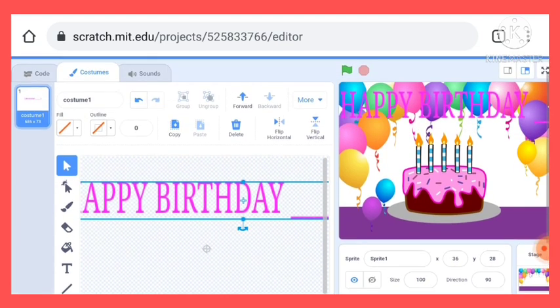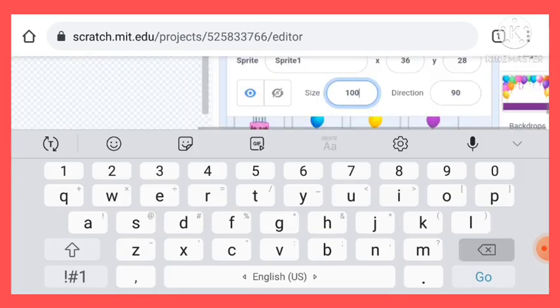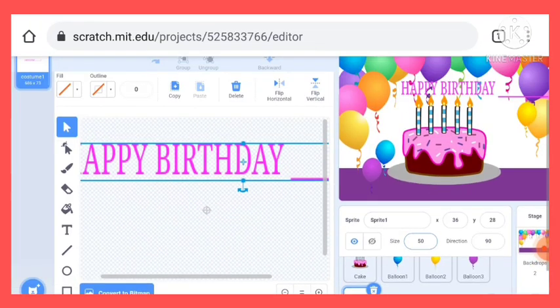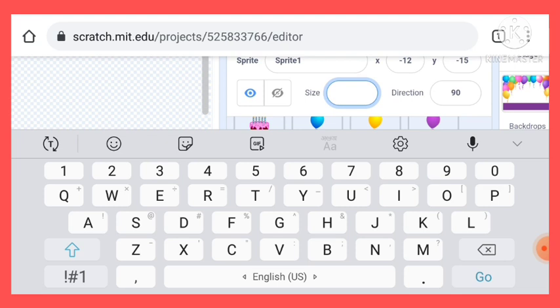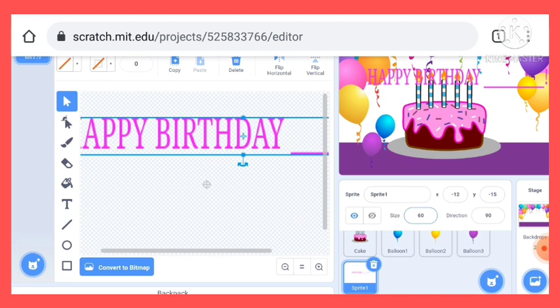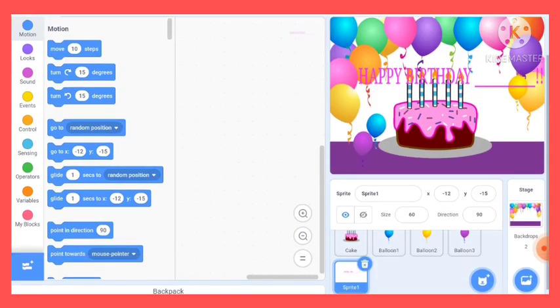You can see here it comes on here also, so we can change their size from here also. So let's do the size as 50. So what will happen? Oh, that's great. We got it here, so we can put it here, and by this we can again change their size, we can do it as 60. Let me see. Yeah, this one is very good. So if you hesitate to do this, you can change their size from here if you have a mobile. So now I will just put it here as I want. You can put it anywhere as you want.